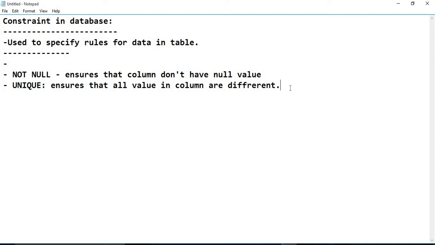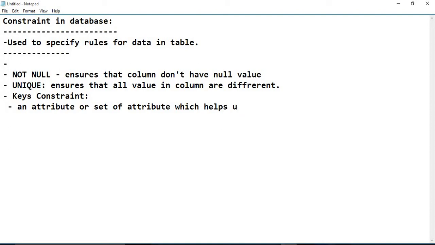Next, key constraint. So what is a key? Simply, a key is an attribute or set of attributes which helps you to identify a row in a table.